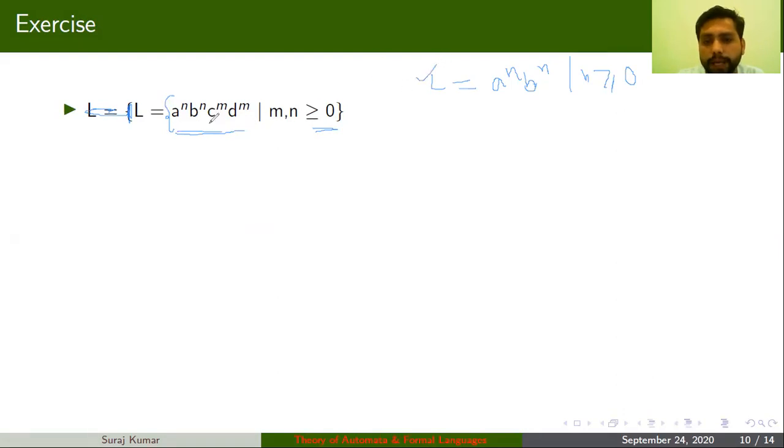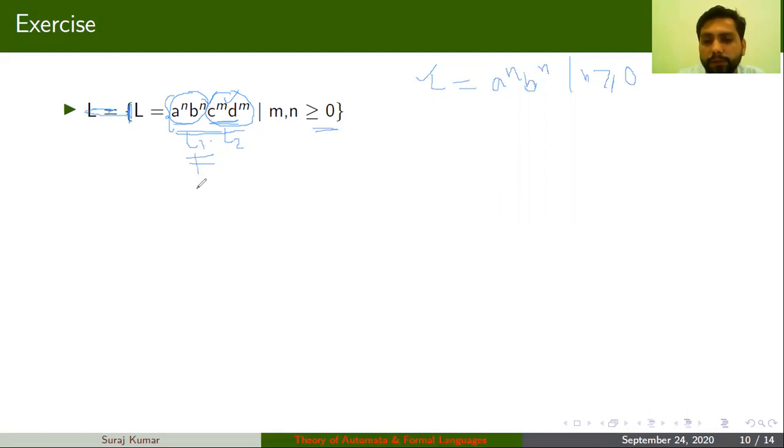Okay, so actually I have the same thing here, just your constants have been replaced: in place of n I am using m, and for a I am using c, for b I am using d. So I should match this a with b, and I should match this c with d. So let's consider this as a different language, and this as a different language. So this is actually a concatenation of two different languages, L1 and L2. Okay, so I can write the grammar rules for L1, I can write the grammar rules for L2, and I can concatenate these two rules.